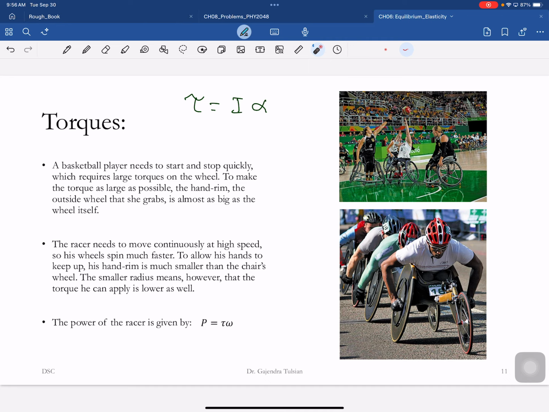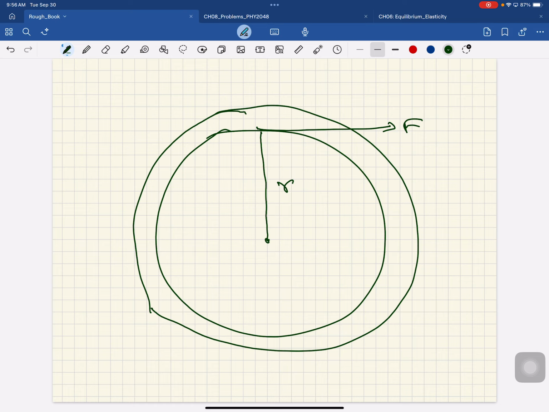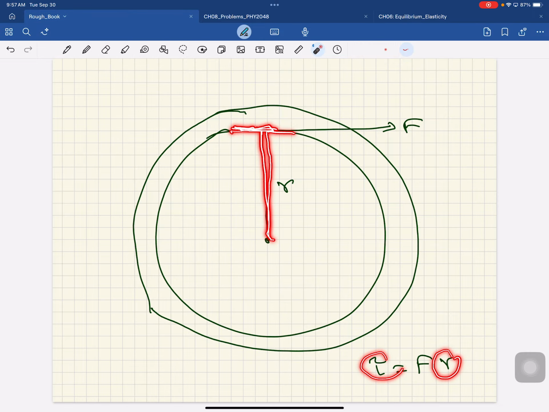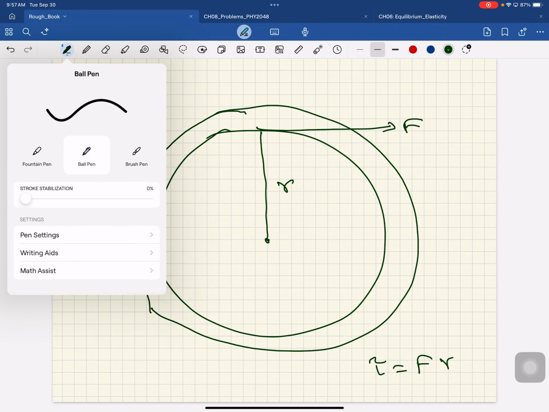Here's the metal. This is the metal rim, and there's the rubber wheel. So the torque would be, this would be R, and there would be the force. Torque would be force times R. Since you want to apply a large torque, you can only apply so much force. So this wheel where you apply the force, the metal rim, is as large as possible. This is large, so you can apply a large torque, and you can accelerate faster.